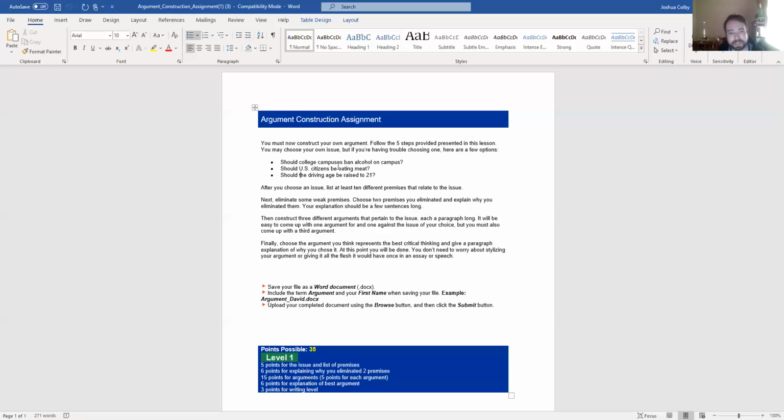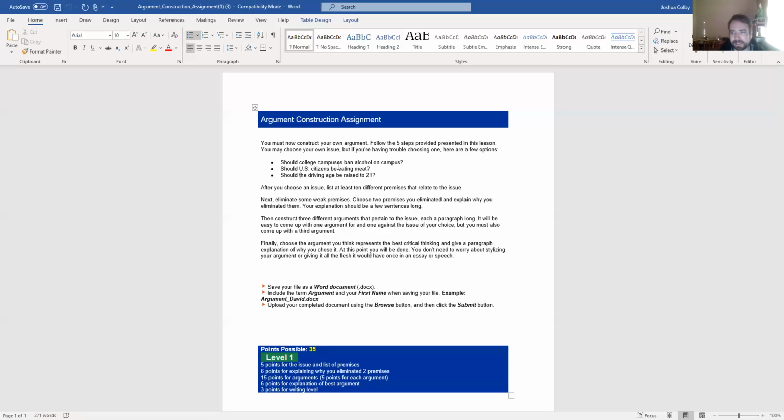So I have 3 premises, right? I don't want my paragraph to just be the driving age should be raised to 21 because this reason, that reason, and that reason. Teens shouldn't be allowed to drive until they're, only adults should be allowed to drive, end of paragraph. Because all that I've done there is just list 3 premises. I haven't actually explained any of them.